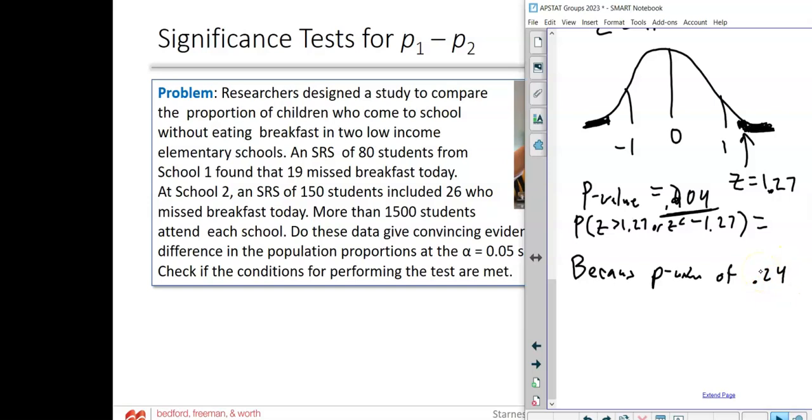I think it was around 24%. Is greater than our alpha level of 0.05, we fail to reject. We do not reject. We don't have evidence